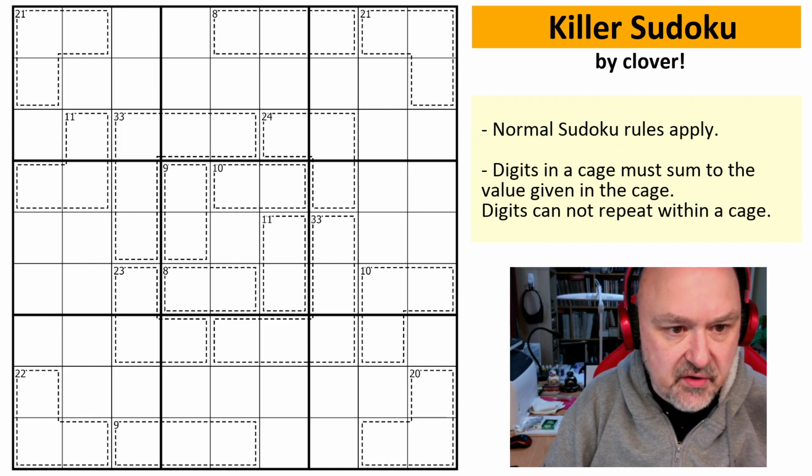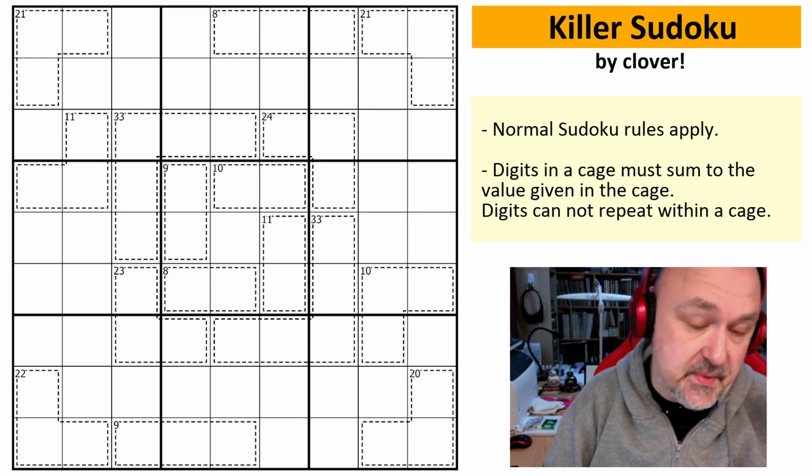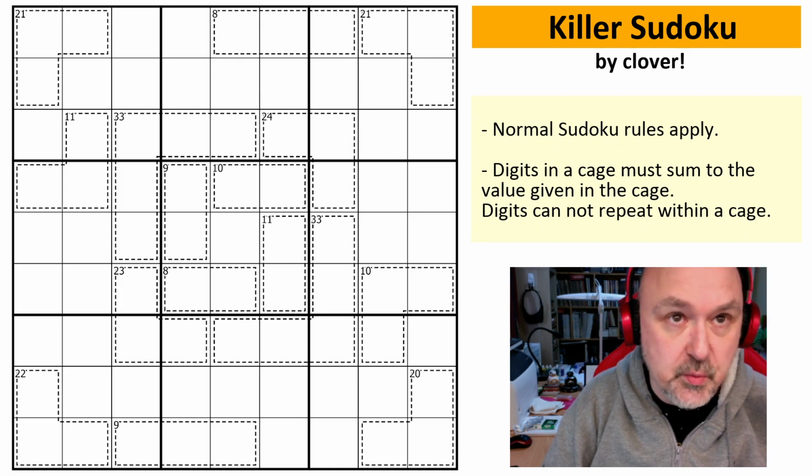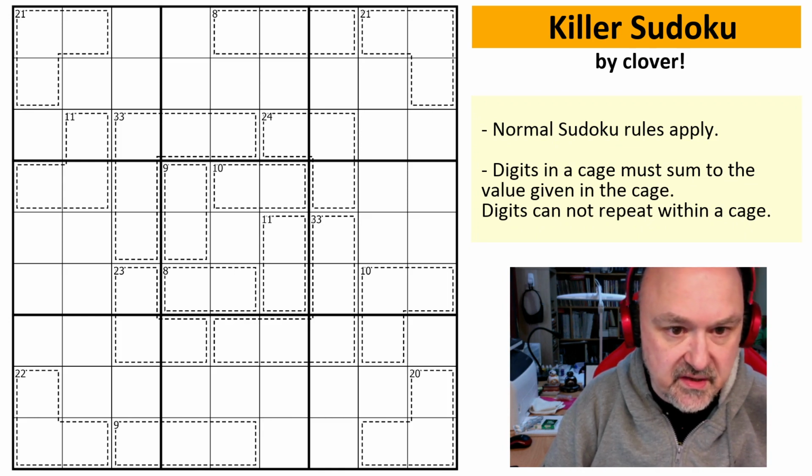Clover is a very active setter on the Cracking the Cryptic Discord server. Every day she is one of the people who publishes the GAS puzzles, which are the genuinely approachable Sudoku. And every day a new one, I won't say very easy, but approachable and good for beginners, is published on the server in the daily